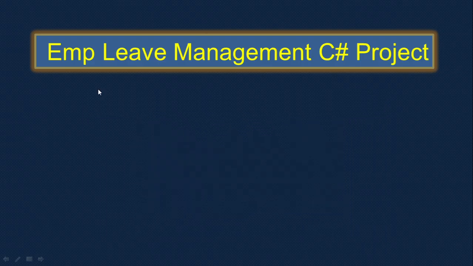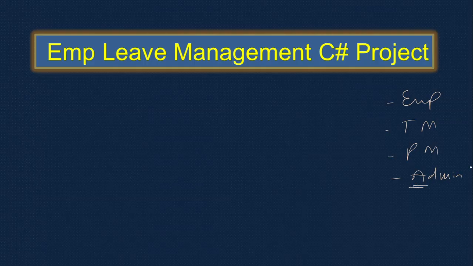First, let us understand what we can do in this project. It is employee leave management for a company. Once the employee applies for a leave, his team leader has to check, then his project manager has to check, and then the admin has to check and give the approval. It's a fairly strong technical project because the approval takes place at different levels. The employee applies for the leave, it goes to the team leader, then to the project manager, then to the admin. Finally, the leave has to be approved by the admin.